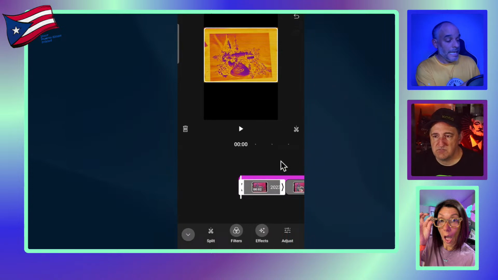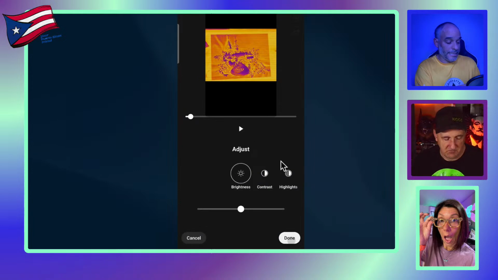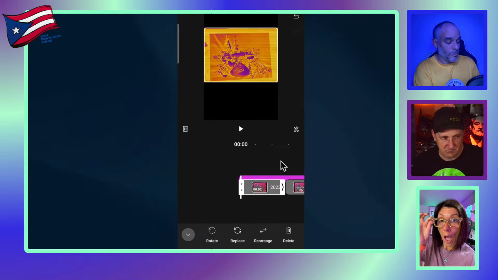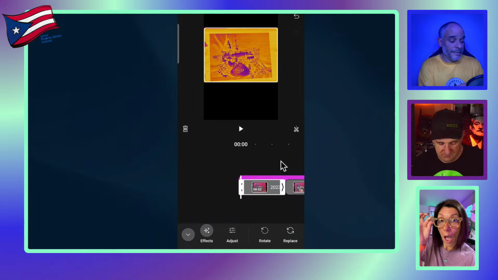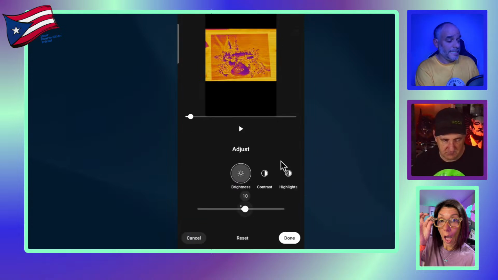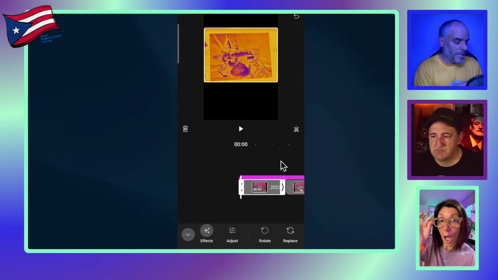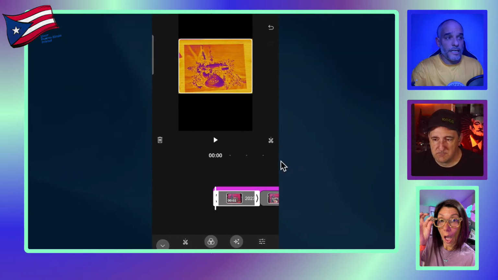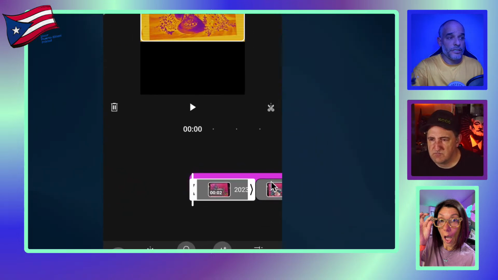Now, as you can see, that little thing that pops in there was one of the things that I added to it. This was a while ago, but this is how you can easily rotate it. You can adjust it, how you can edit it. There's so many different things that you can do, but just go through it and start messing with it. And even if you have some audio issues, you can see here with the audio, this is one of my favorite features.